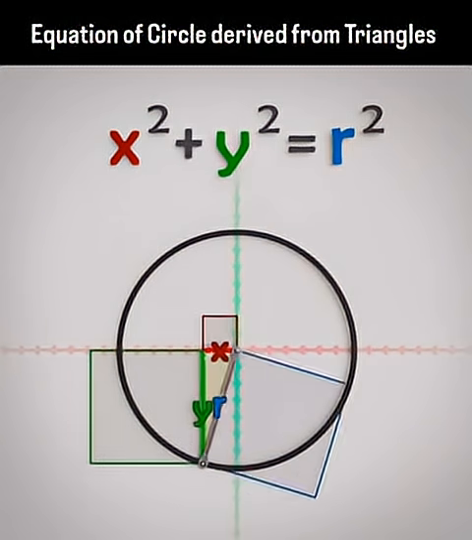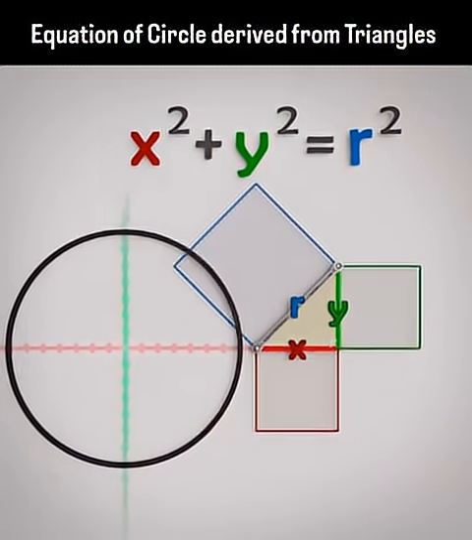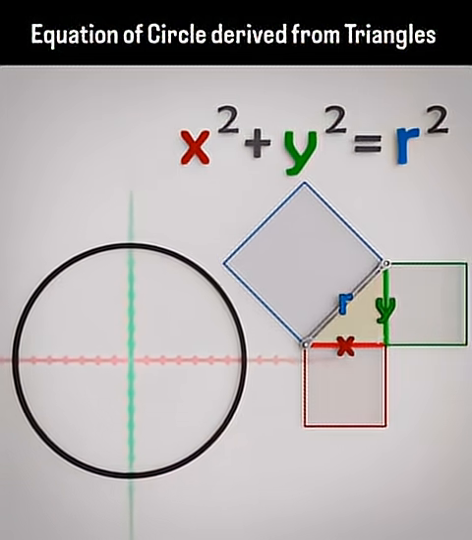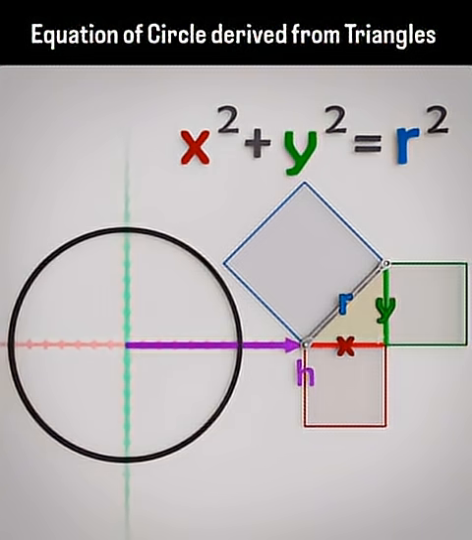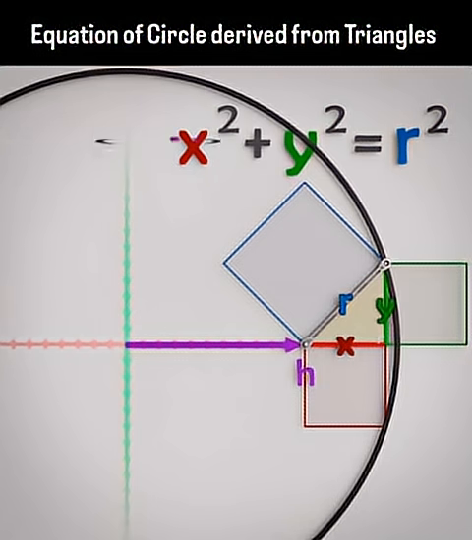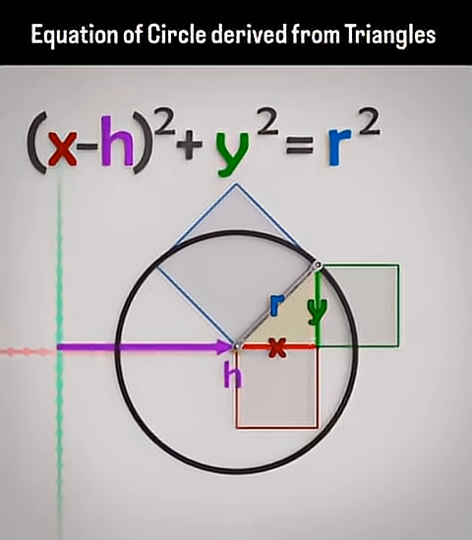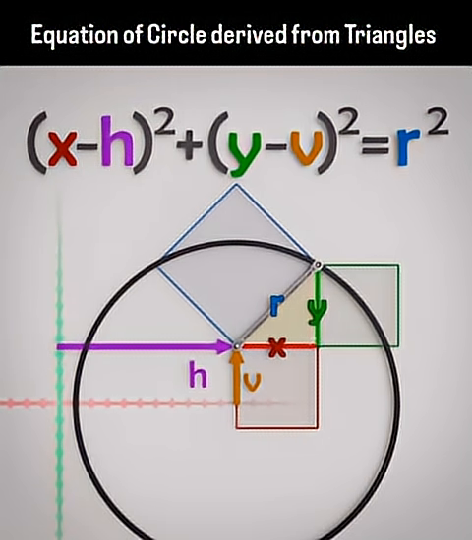point in a circle. Instead of locking down the center of the circle at the origin, we could shift it horizontally or vertically. If we offset the center a certain distance to the right, we have to make sure the pattern doesn't mistakenly describe a circle with a bigger radius. So we have to subtract that offset amount from our x location to keep the relationship in balance. If we shift the center up vertically, we'd have to subtract that offset amount from our y location to maintain